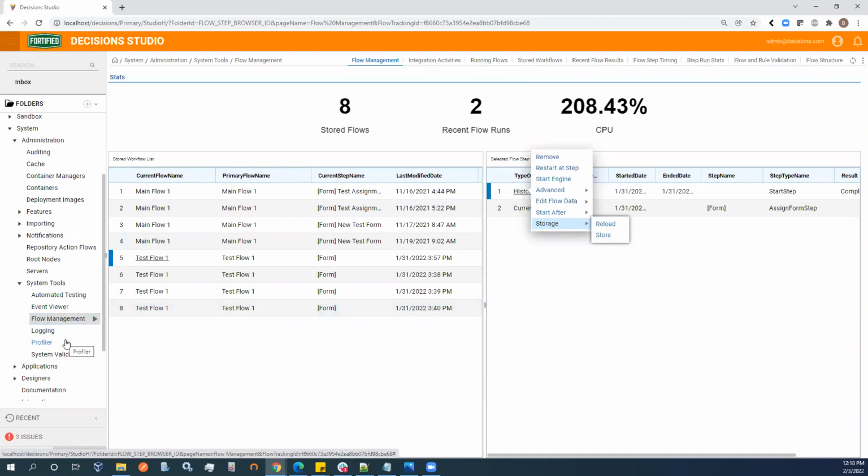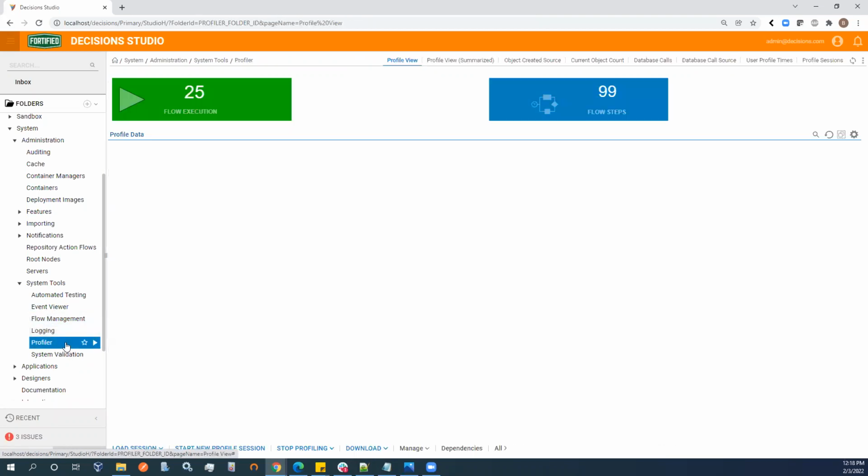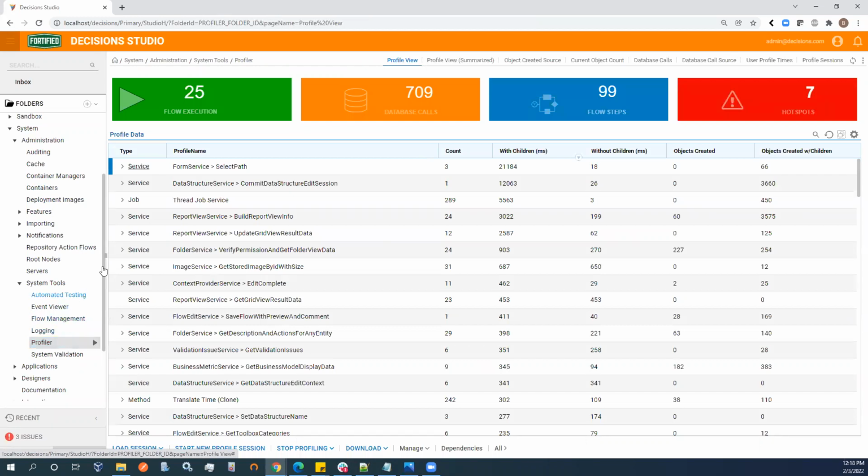And last but not least, I'm sure you're aware of the logging tool that keeps track of the logs, but also the profiler tool. This is a really handy tool to see how long things are running on your environment. So say you notice performance on certain flows is running slow, or something's hanging here. Normally a performance issue is where we would come for this. So if things are running slow, or a scheduled job is taking forever, or decisions are just eating up a lot of memory or CPU usage, you can come here and see what flows are really running and taking